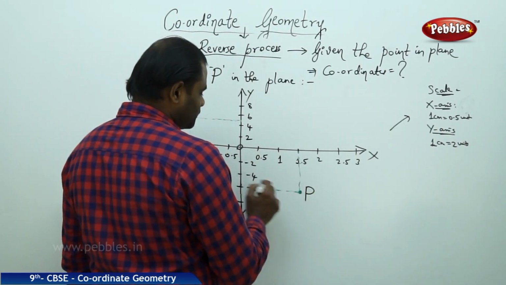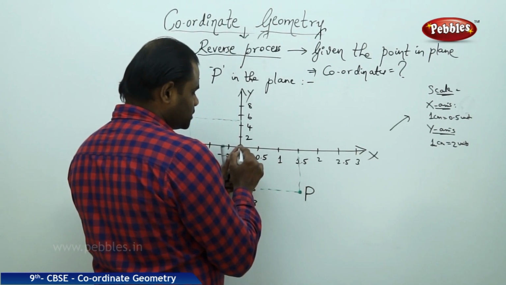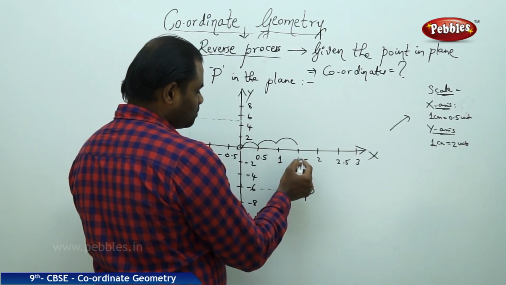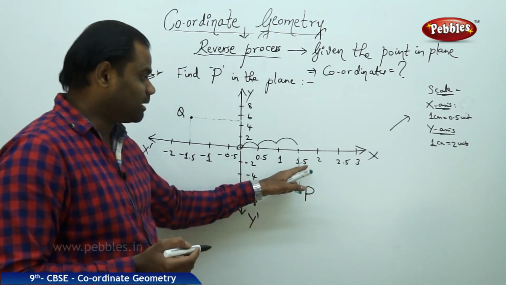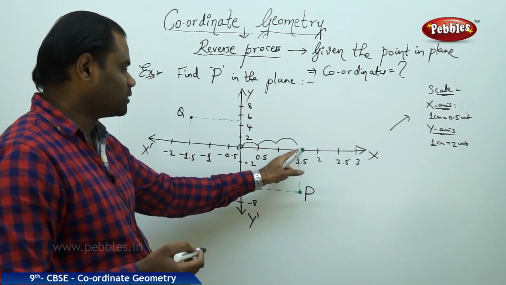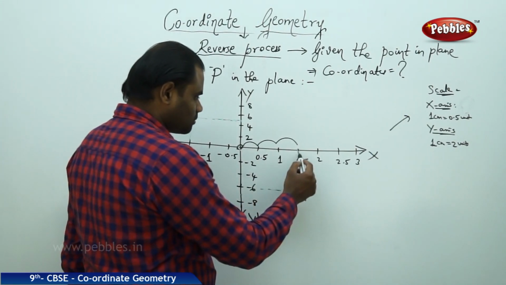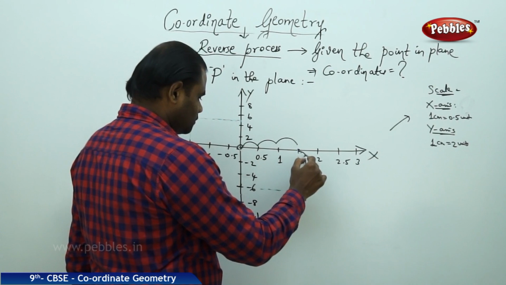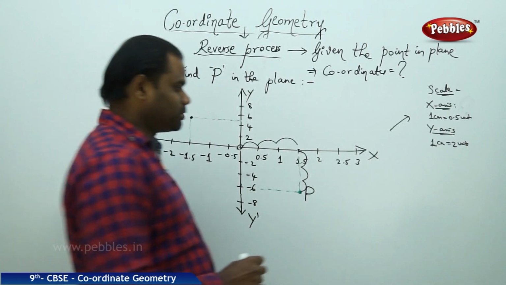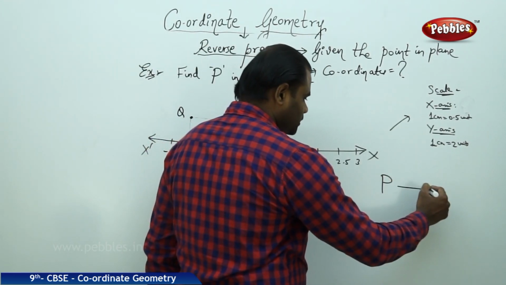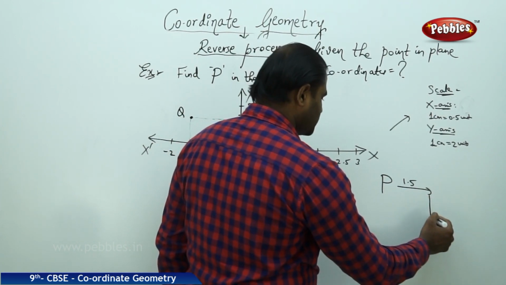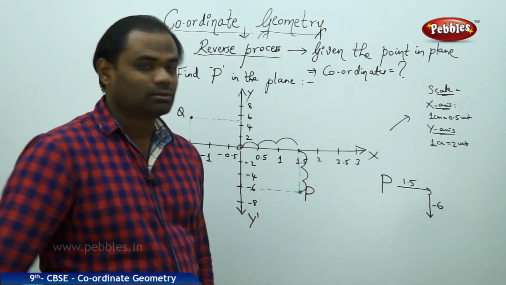Here is point P, which clearly is understood to start from the initial position, moving 1, 2, 3. So it moves 1.5 units to the right as given by the scale of 1 centimeter 0.5 units. So it moves 1.5 units to the right, and then this point moves from here back 1, 2, 3. So I understand that the point P is obtained from moving 1.5 units to the right and minus 6 units down, and therefore the coordinates of P